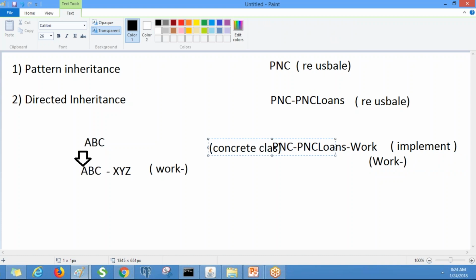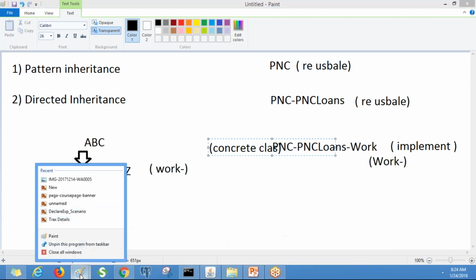This is the concrete class which is connected to a table. All the work instances will be stored in the table connected to this Work class. This Work class is also called a class group. Clear so far?